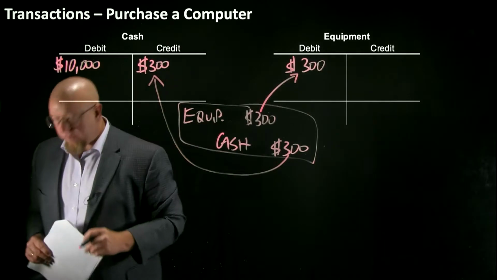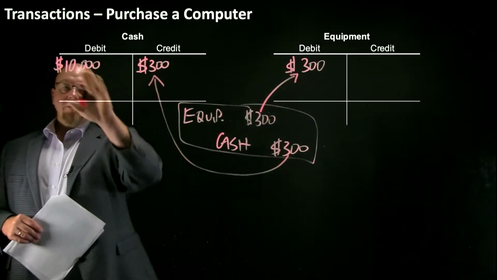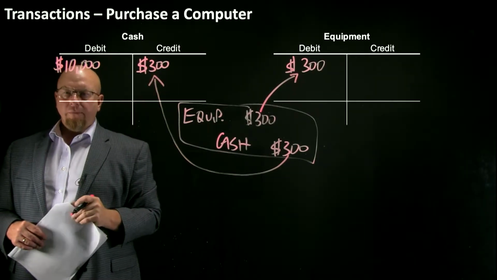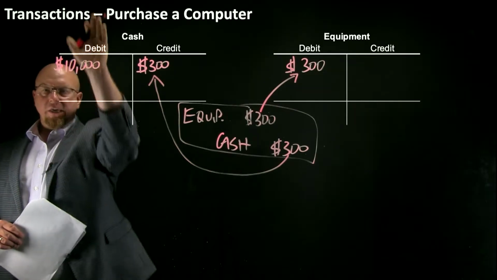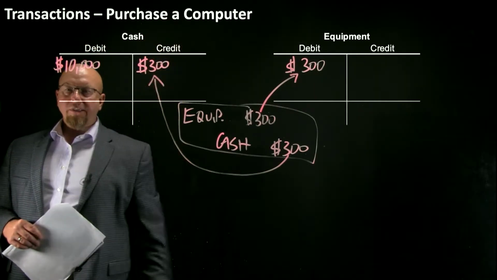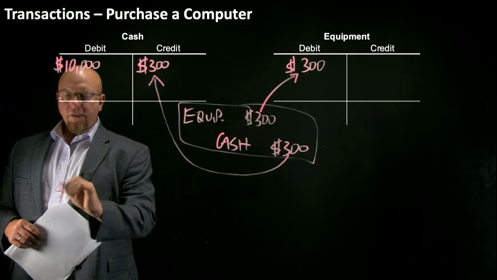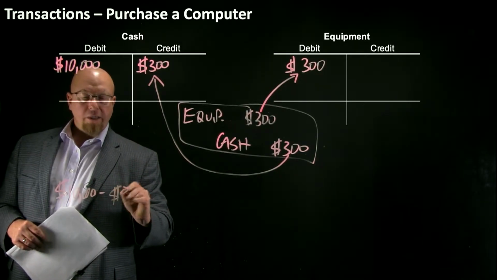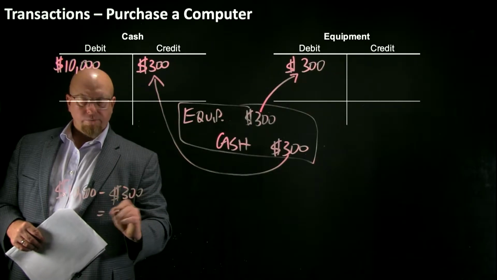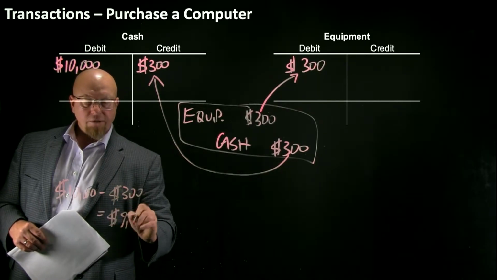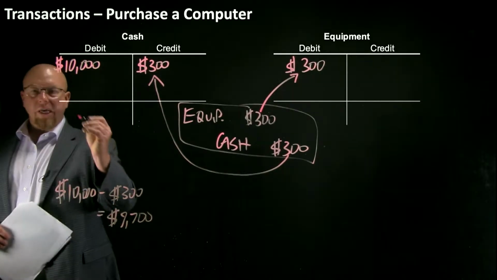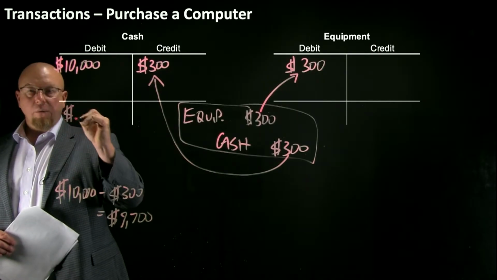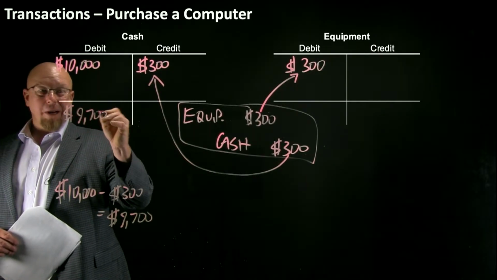One last concept before we move on. Let's figure out what this account balance is right now. The total of our debits is $10,000. The total of our credits is $300. $10,000 minus $300 equals $9,700. So at this given point in time, if you wanted to figure out what is the actual cash balance,